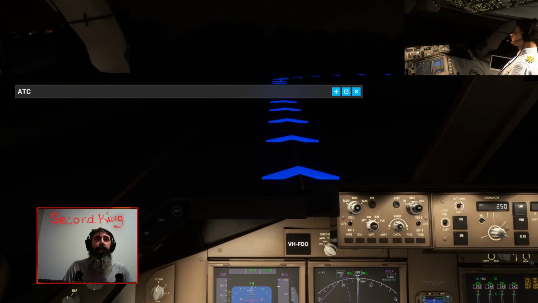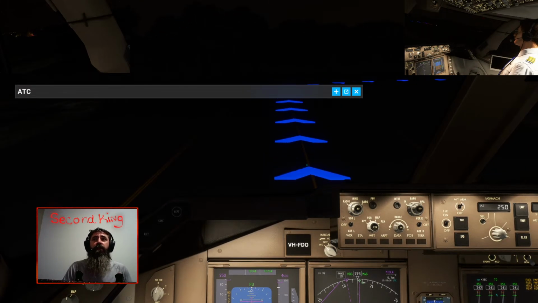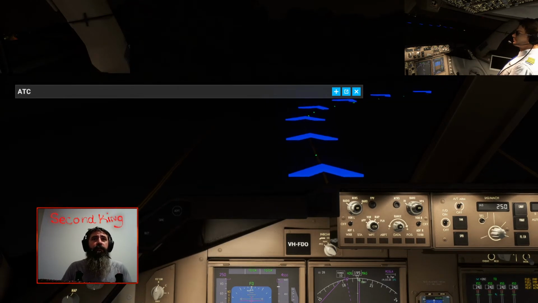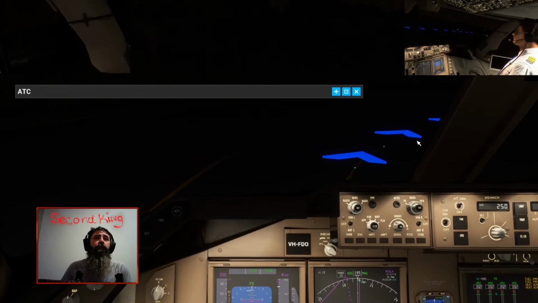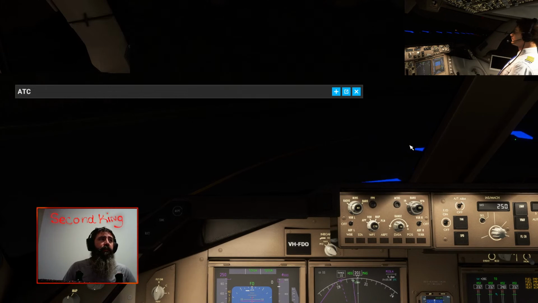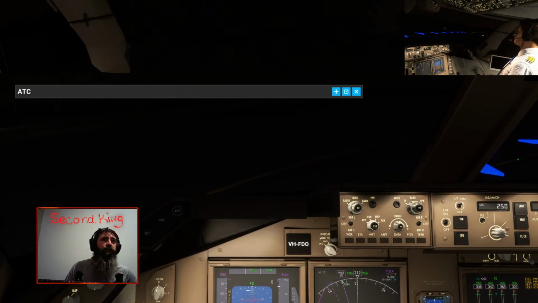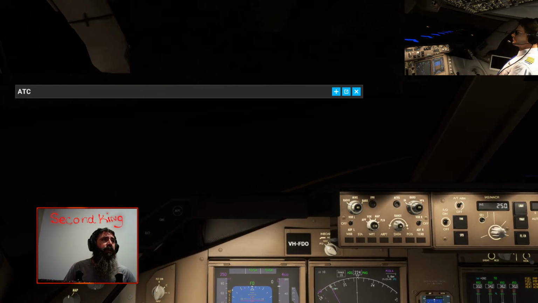So all of our lights are on. I'm slowing down for this corner. Turn my landing lights on. Taxi lights off. Oh, it's so dark. I might leave them on. Get to the hold short threshold for runway 03, and then we'll call the tower and request permission to take off. So this is Charlie 11 on 03.